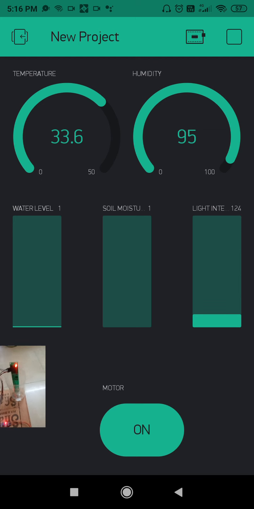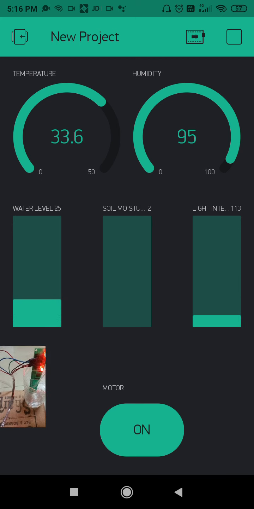And see here, what is this? This is a water level indicator, and here I am pouring water. See what happens when pouring the water. It reaches 25%. Again I am pouring more water.